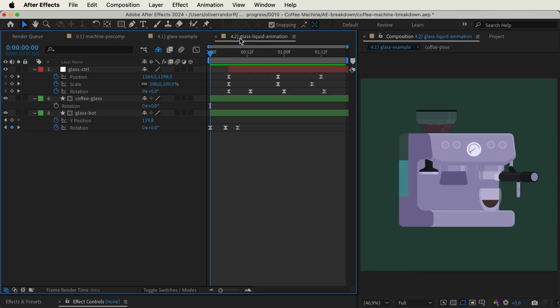And just to show you how much this does for the animation, I have a version where it's disabled. And you can see all of a sudden it doesn't seem like liquid anymore because it's not reacting how it would in the real world.